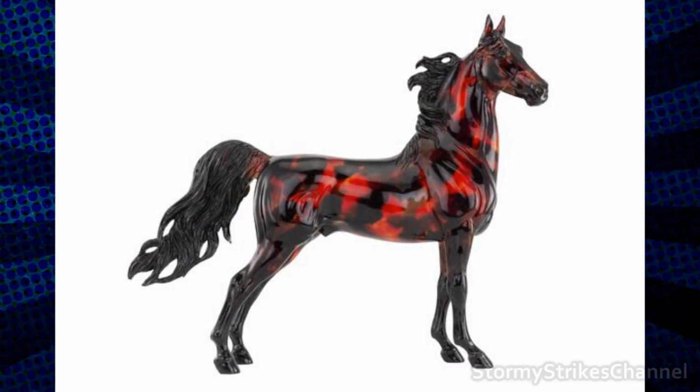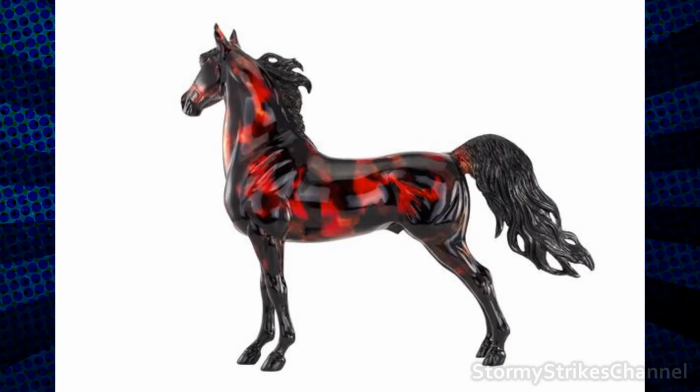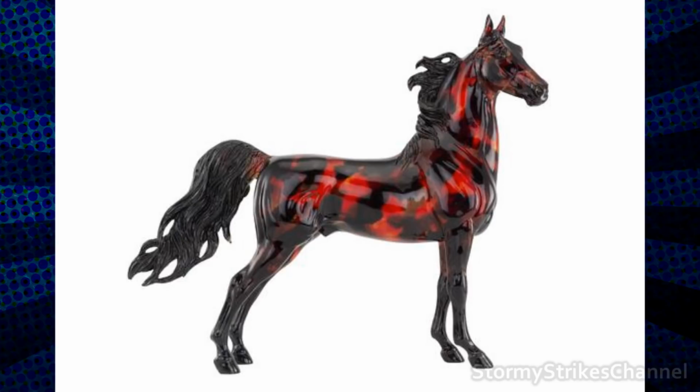I'm just kidding. I feel like people aren't as salty about this mold being used again as they would be with Smart Chick, because all those times that the American Saddlebred mold has been used recently is with expensive limited run models that aren't as easy to get as regular runs are. I don't know if people also just generally like this mold better than the Smart Chickalina mold. I don't know. With Banner, while I do like the decorator choice that Breyer did for this model, I am